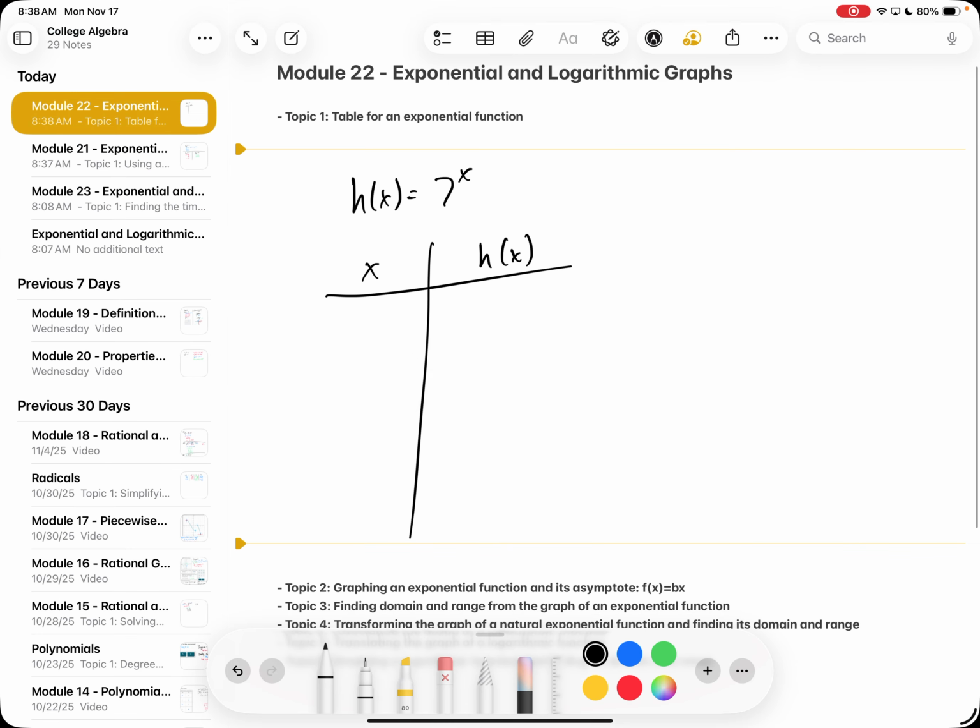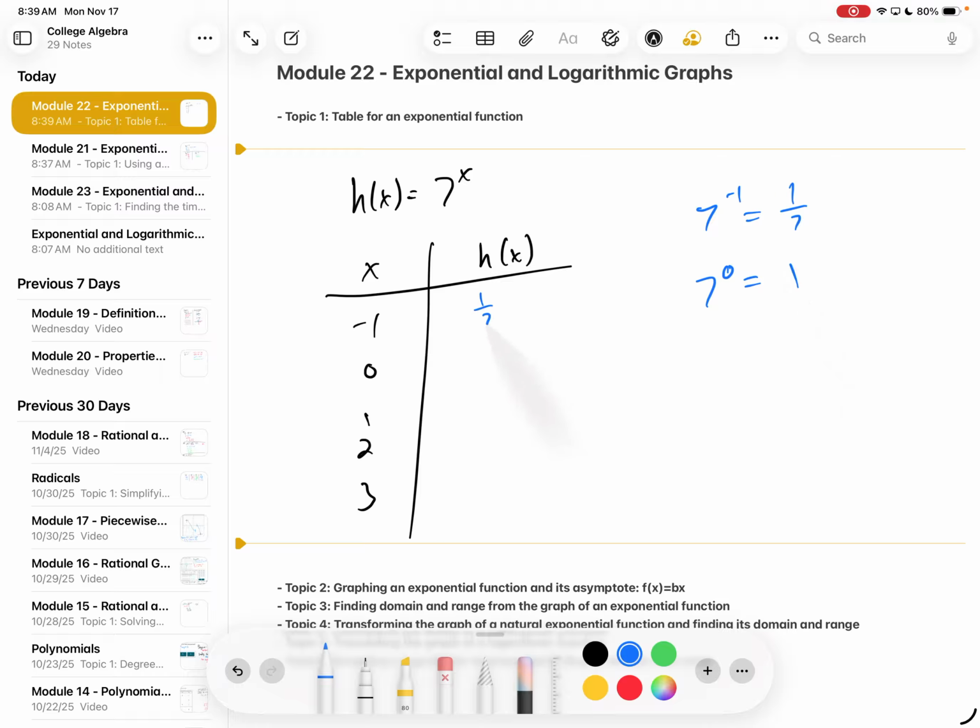So let's plug in a -1. If I plug in a -1, 3 to the -1 is 1/3. Everybody good with that? Because you drop it down, right? 3 to the -1 is 1/3. So what is 3 to the -2? Would it be 2? No. 3 to the -2